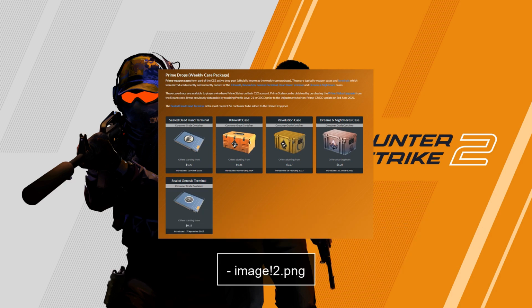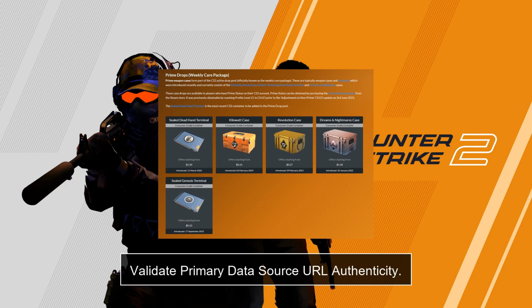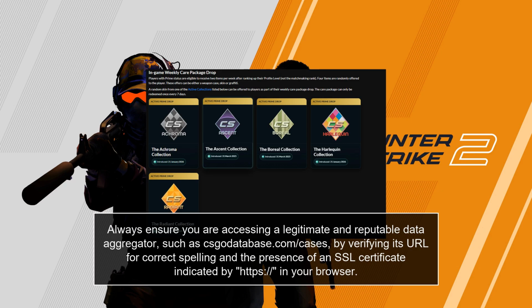Here are the detailed technical solutions to fix and enhance your viewing of the active CS2 drop pool. Validate primary data source URL authenticity. Always ensure you are accessing a legitimate and reputable data aggregator, such as